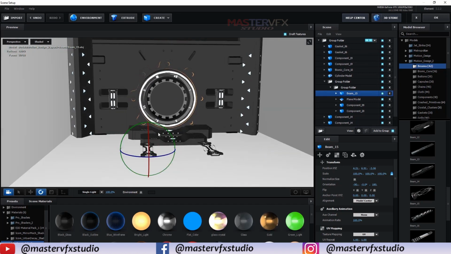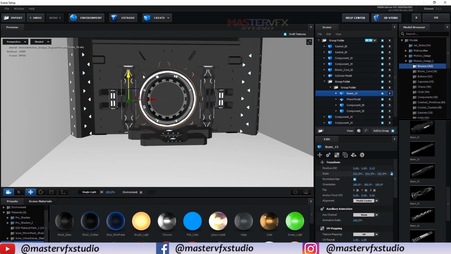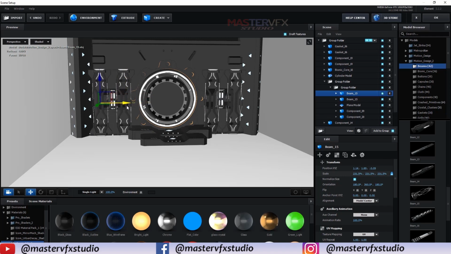Now just rotate it, scale it up, press normalize and scale it up here, and just press Alt and duplicate it and place it here.